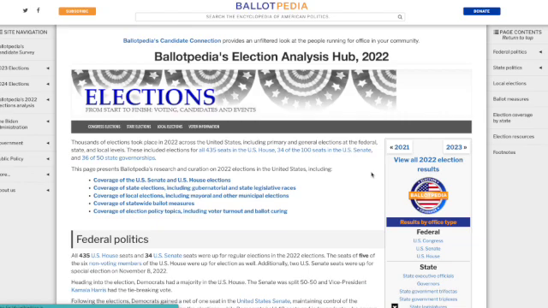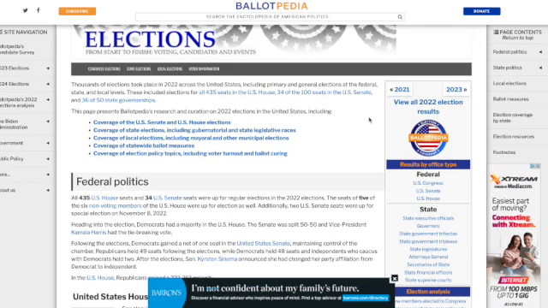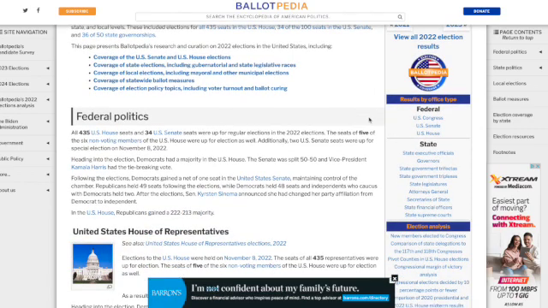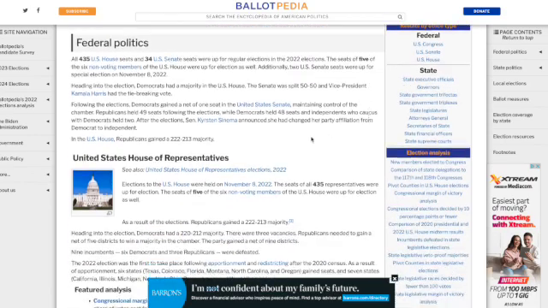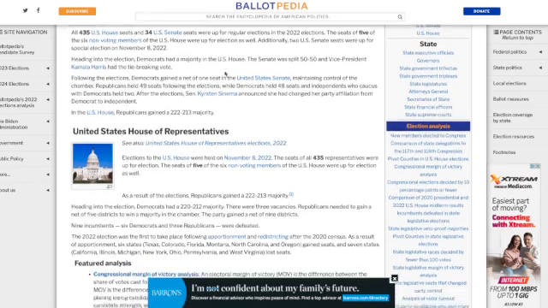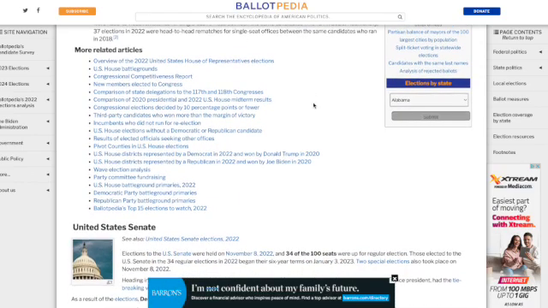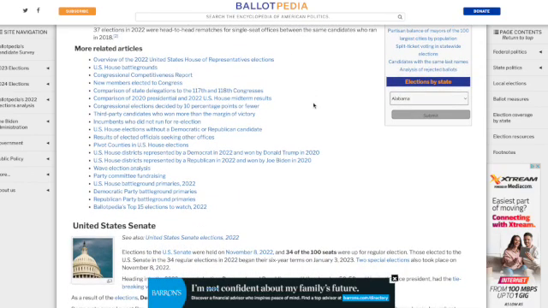And then if you wanted to look for different years, you can look at the hubs for the year previous or even before that, or you can look at this year's. And this is kind of a portal for an enormous amount of information. So you can go and it'll go into a summary of really what happened. They'll tell you how many seats were up on the federal level, that is, how many seats were up for re-election. They'll break it down into the two houses. Then they'll have articles with more specific information about that election year.